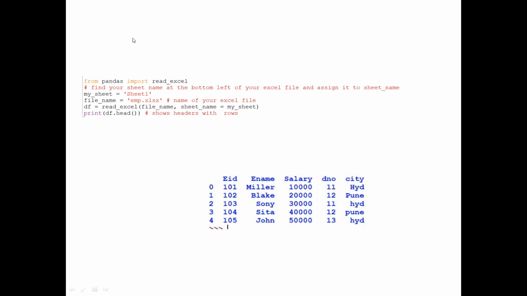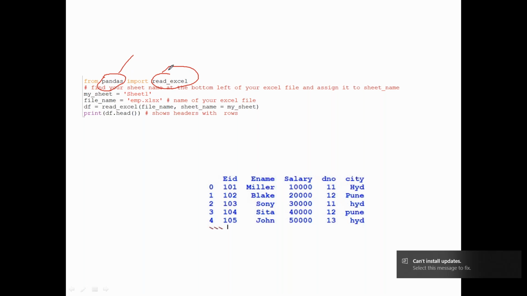And there is another import called from import. When I'm using the from option, from module import the function or class name, then there is no need to prefix with your module name. Directly I can use this functionality. Are you getting my point? So from import is when you're importing any class, module or function, there's no need to give the prefix pandas. So pandas dot read Excel, no need to give it like that.